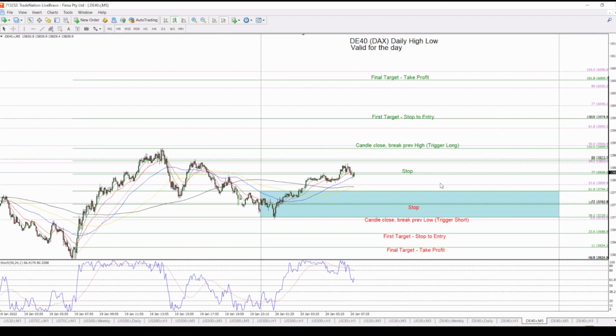Also, if you look there on the daily high low, a little bit earlier today we did get that trigger long, a candle close above 61.8, break previous candle high. We're very close to that 89, currently just around that 77 level. If you look at moving averages, it looks like 8 is above 21, above 50. That's indicating trend is up. For any additional triggers long now, it will be a candle close above 100, break previous candle high. We'll be chasing that 161 level. And for a trigger short now, it will only be a candle close below 38.2, break previous candle low, and we'll be chasing that 11 level.